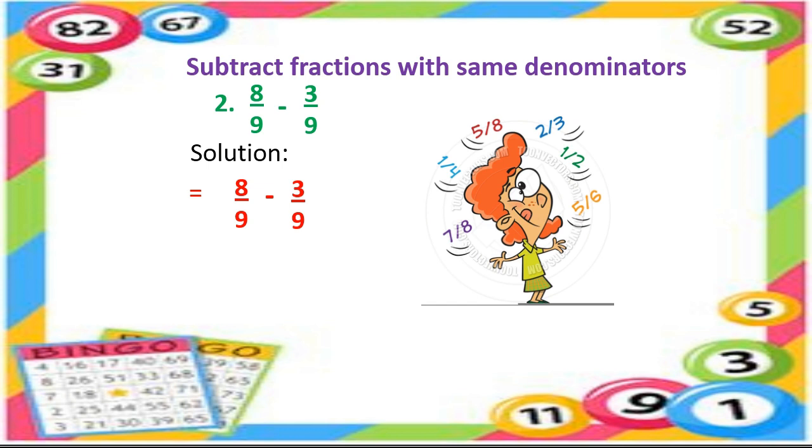Yes, we will put as equal to sign, take 9 as common denominator and write 9 one time in the denominator and subtract the numerator values. 8 minus 3 upon 9. Now we will subtract the numerator value. After subtracting 3 from 8, the answer is 5, or the fraction is 5 upon 9. Can you solve it further? Can you reduce 5 upon 9? No. So this is our answer after subtracting 8 upon 9 minus 3 upon 9.